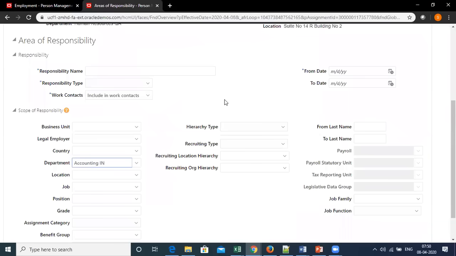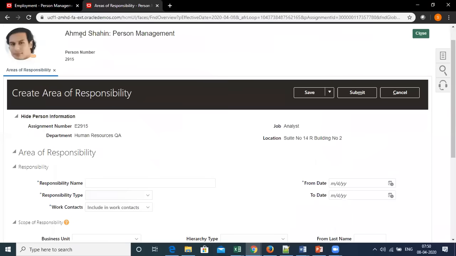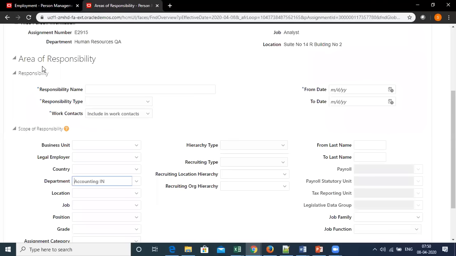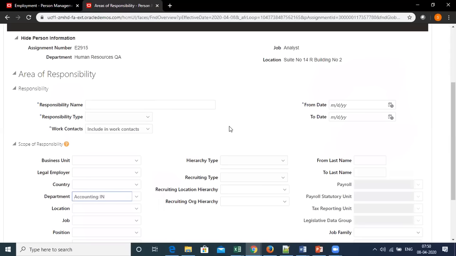It means that now this employee, Ahmed Shahin, has a responsibility for the department accounting IN. When I set my approvals, when I create my approval rules, I can say that this approval flow must go according to area of responsibility.